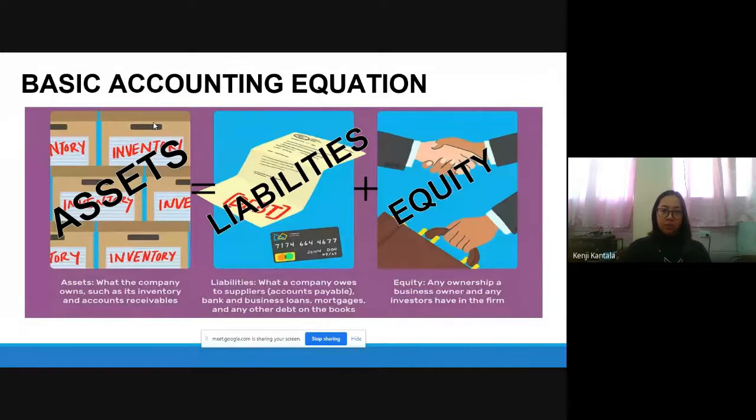Okay. So, ano ang ibig sabihin ng equation na to? Ibig sabihin nito, lahat ng assets, lahat ng pag-may-ari ng business mo, dalawa lang ang pinanggalingan yan. It's either naglabas ka ng sariling pera mo or from your pocket or inutang mo yung perang ginamit sa asset na yon. So, it's either utang lang yan or investment. Okay?